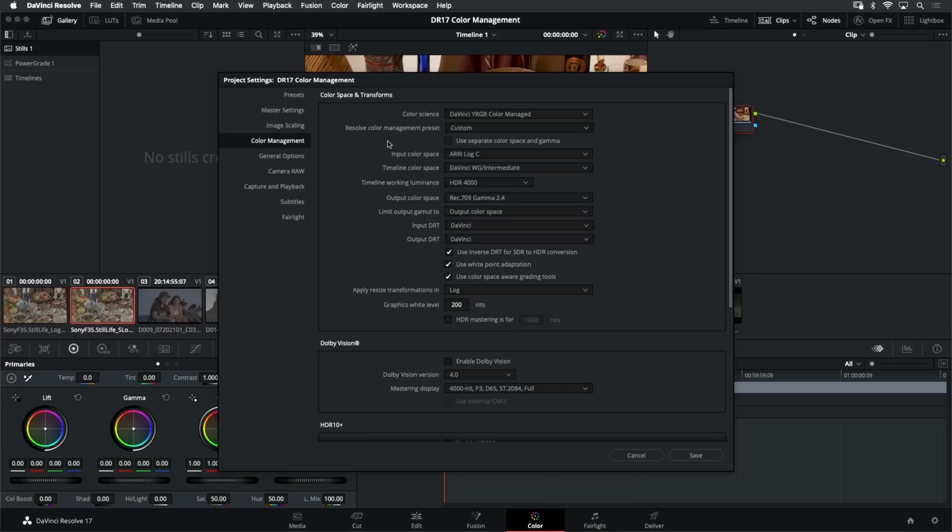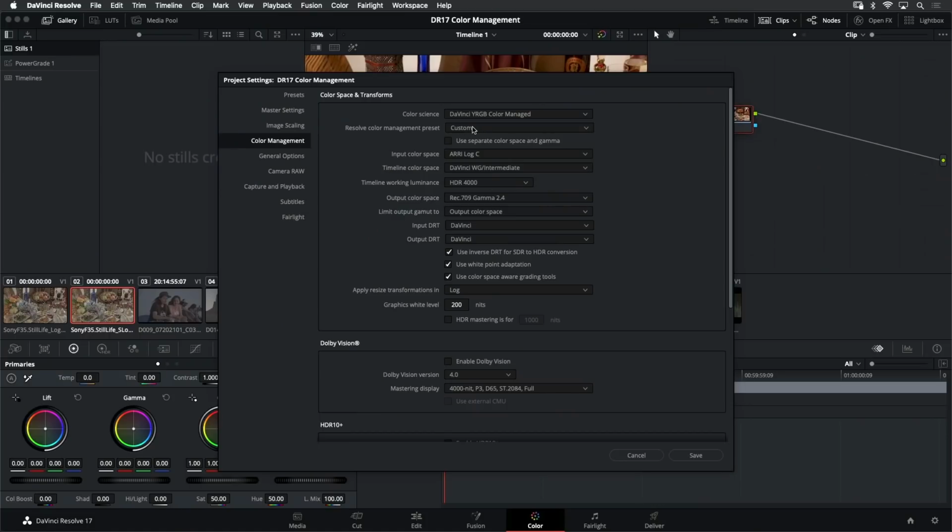And now that we've talked about Resolve Color Management as well as ACES, it's time to discuss what the real practical difference is between the two, because I hear the question a lot, which one should I use? Which one is better? And it may not surprise you to learn that there's no simple answer to that question, but we can make a meaningful comparison of the two. And the best way to begin that comparison is to make a visual comparison of what ACES will do for us versus what Resolve Color Management will do for us.